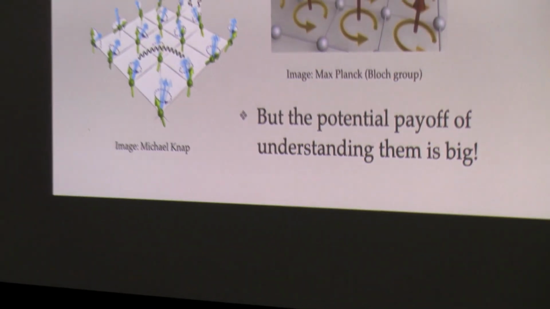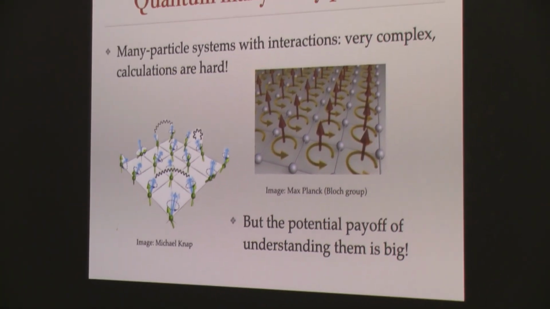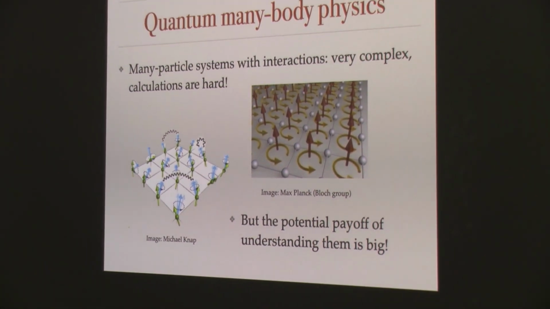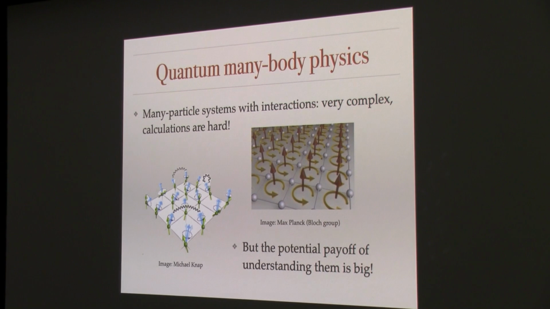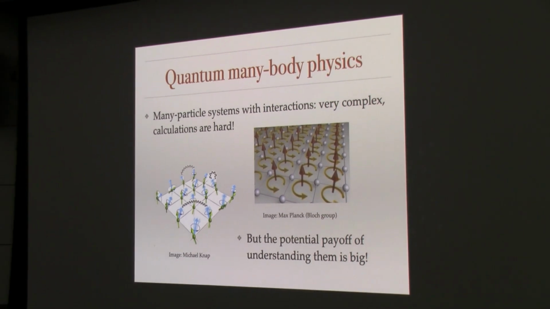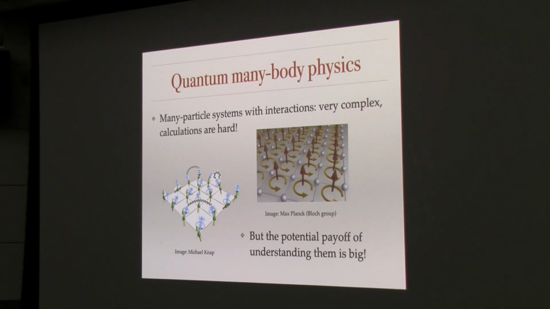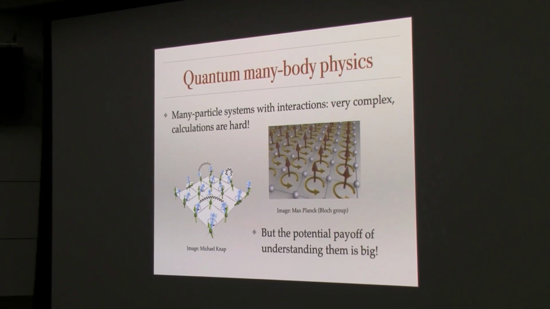Basically, I want to tell you a little bit about some of the foundational tools that we use to understand phases of matter, namely symmetry and topology. I wanted to start by framing the question. In condensed matter theory, we study systems with many particles, and we're typically interested in regimes where interactions are quite strong. So calculations are very hard, and you can't build things from the bottom up.